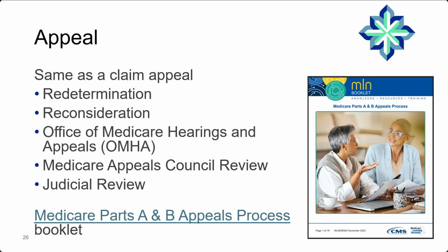One of the questions that I did get in is, why do I get a letter and a new remittance advice? My understanding is that I got one. The answer probably is you had what is called a partial overturn. In other words, a portion of that claim information was put back through the system and processed, while also a portion stood, it was upheld. So we have to tell you both situations, right? Here's what we did with the new portion, the part that we're reprocessing, but also here's what we did with the uphold. So you get both. So don't be confused. It does happen from time to time.